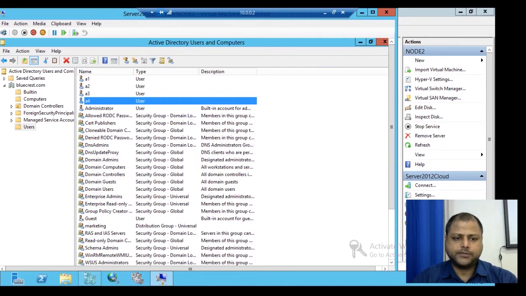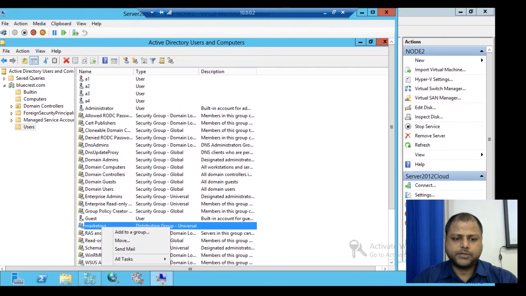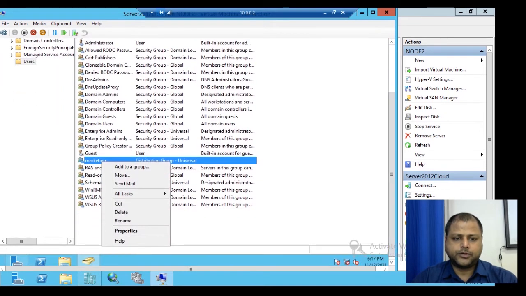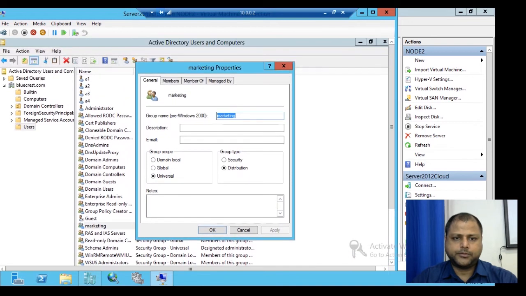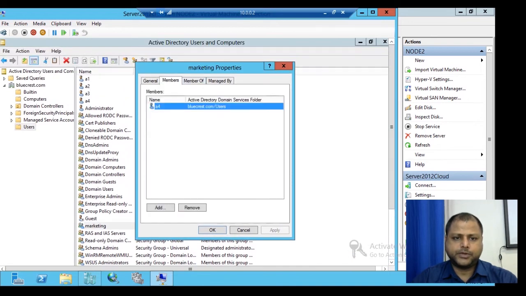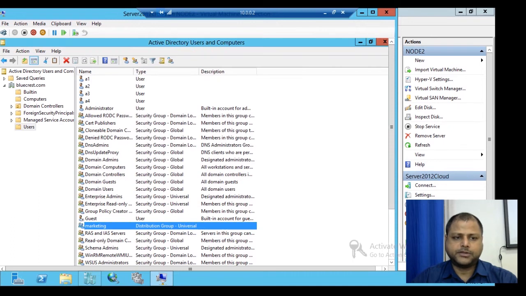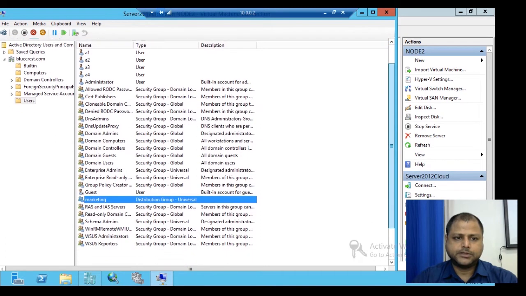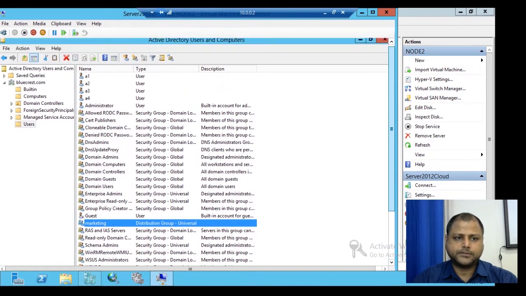So we can check the same thing in the marketing group. We'll select the marketing group, go to the properties, and come to the members of the marketing group, and now you can see that A4 is already a member of the marketing group. Similarly, if I want to check the privilege of the user, it has the privilege of the user group and the marketing group. If I want to give more privilege to this user, we can give more group memberships. So first we'll test this user account and then we'll provide the privilege.